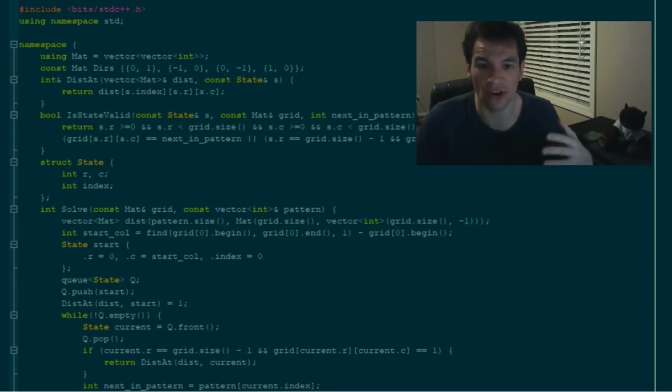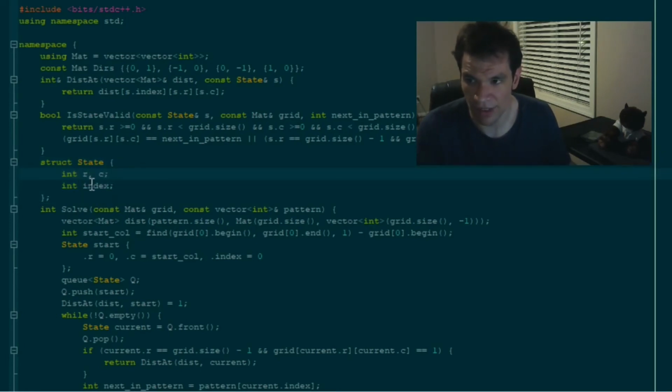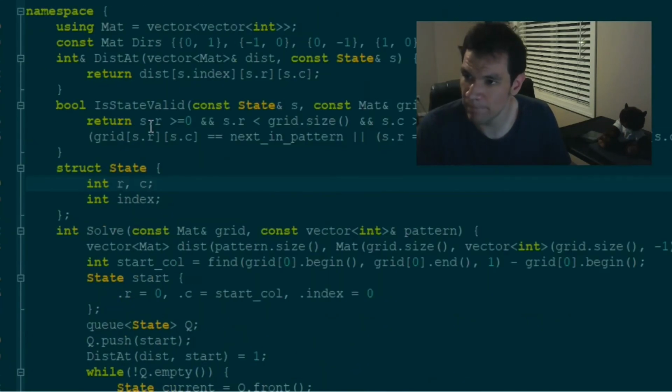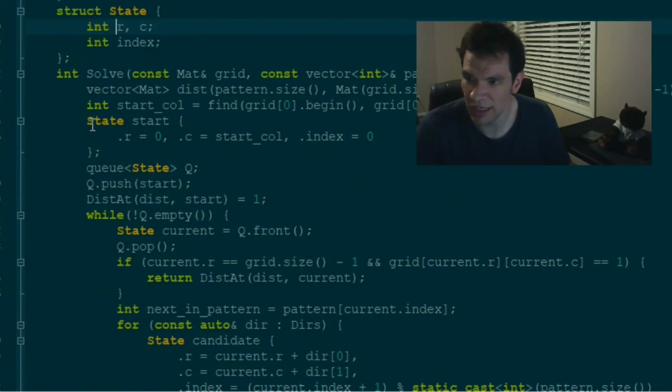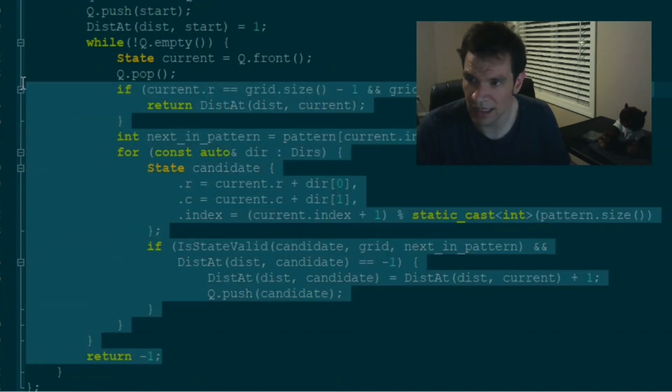This is the code for solving the problem. The state that you can see is represented by three numbers: row, column, and index. Then we use a queue of states starting at row 0 and column 1, and the index 0, and this code over here is the breadth first search.